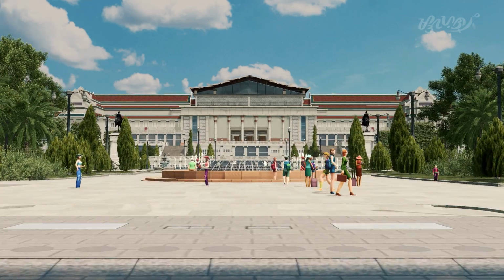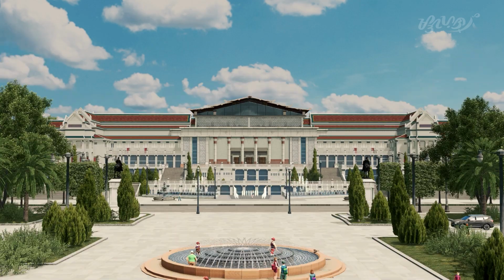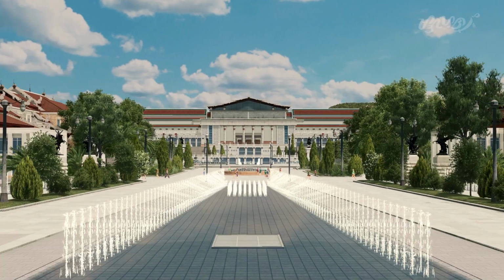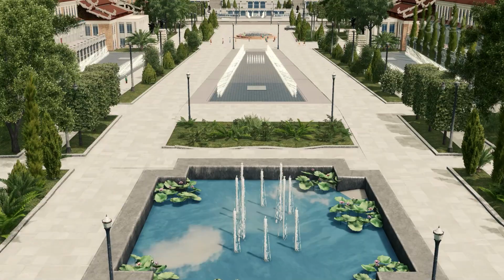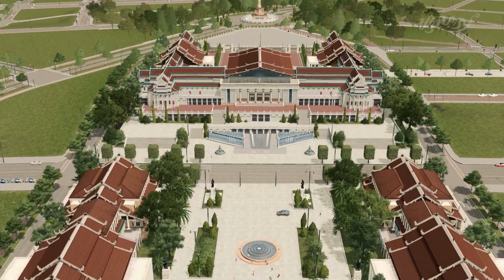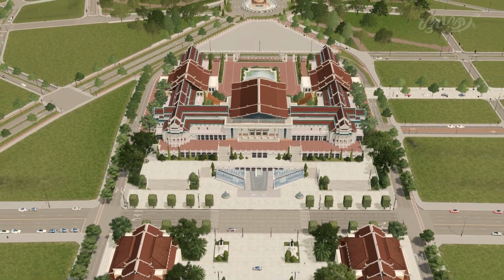I think we are lacking a bit in the tropicalness, but we already have palm trees on the sides, and I think that's quite right because I'm going to be adding more. We have a fountain here, which is also similar to what the fountain inside the palace looks like.